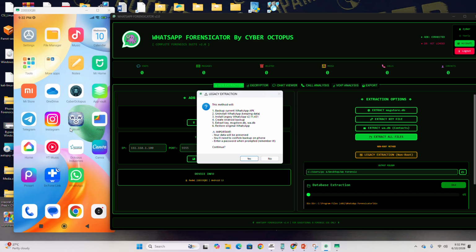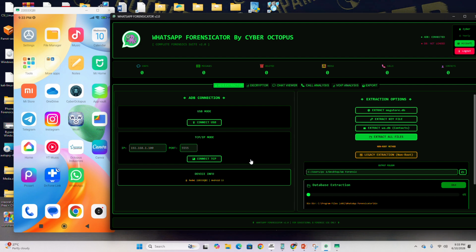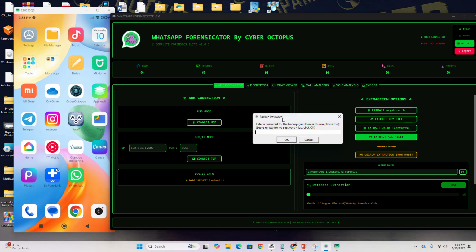So this software basically temporarily removes the original WhatsApp and installs a legacy version. After installation, a prompt appears, backup my data. Just click on yes. You have to just leave the password blank. Click on OK.